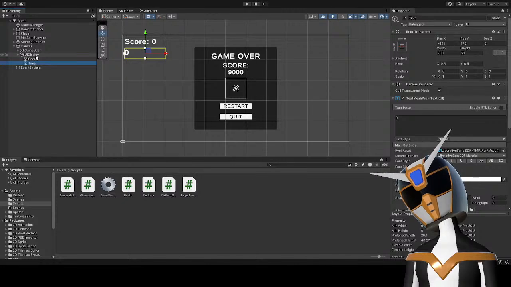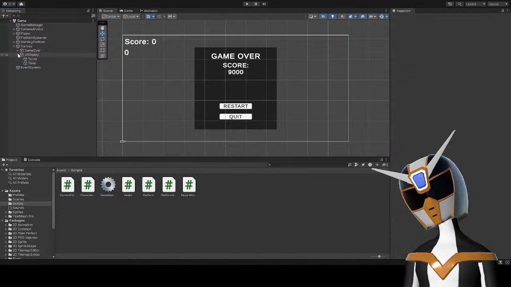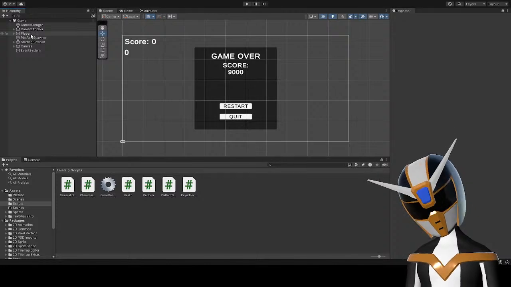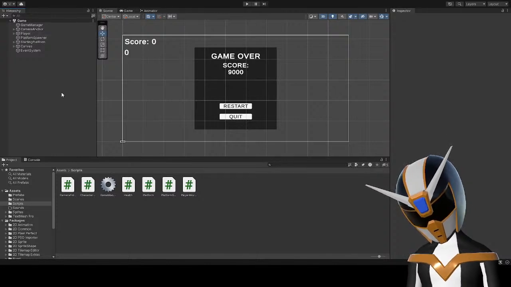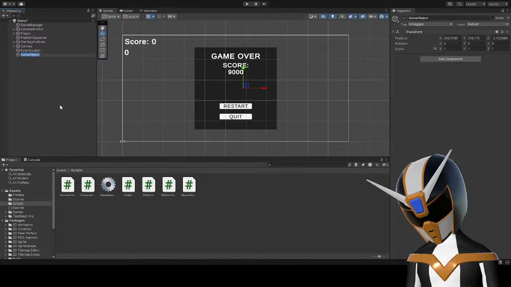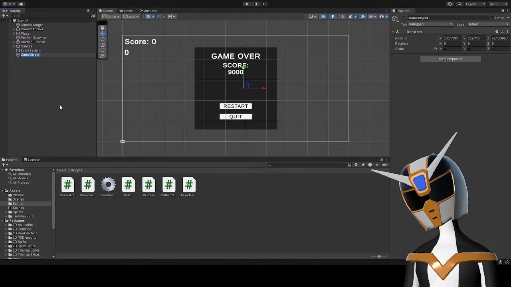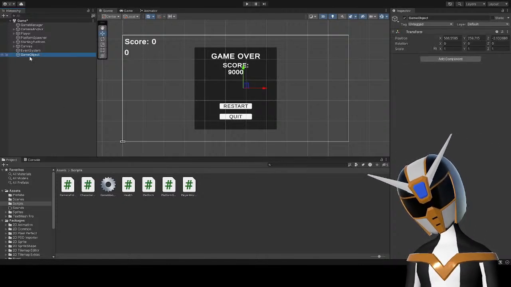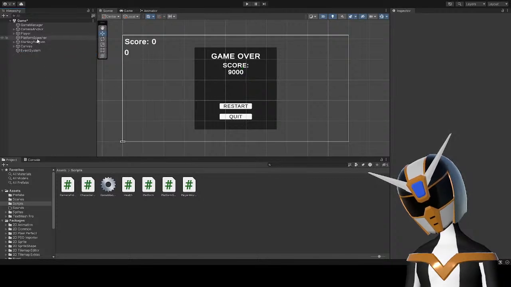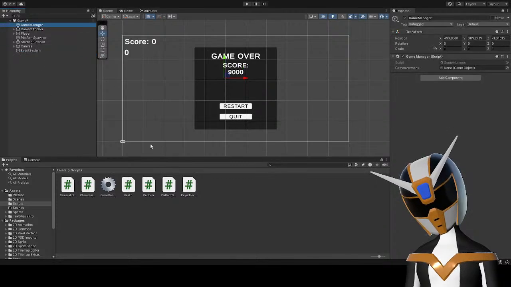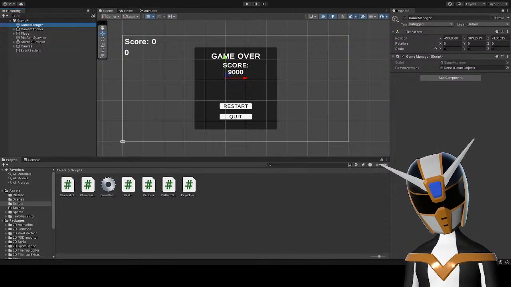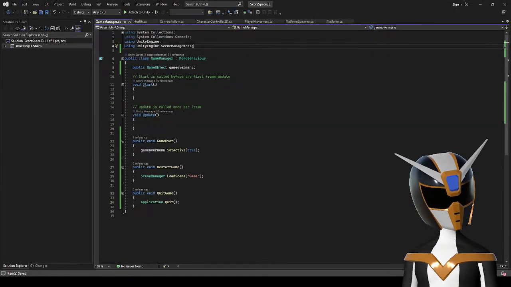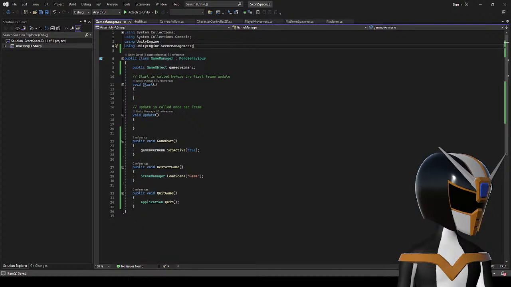Yeah, I guess I want a script for the timer. Should I just put that on the player? No, I'll just have a, what should I call this? Oh, you know what? No, I'll just have it on the game manager. Whatever, I don't need a separate object. I do have a timer script that I've used before.